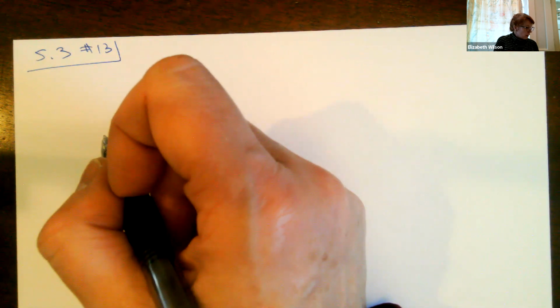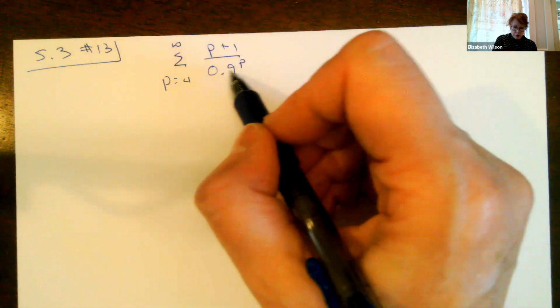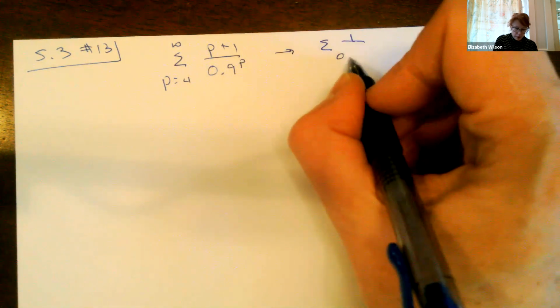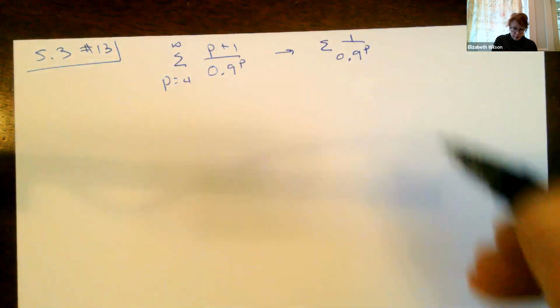So 5.3, number 13. They say we're given a series. Find a second series, which is a p series or geometric series, to compare by a comparison test. Okay, so question number 13. So this looks like the sum from p equals 4 to infinity of (p plus 1) all over 0.9 to the p. So really the dominant term is our exponential. So I'm going to be taking a look at 1 over 0.9 to the p, which I'm going to compare with